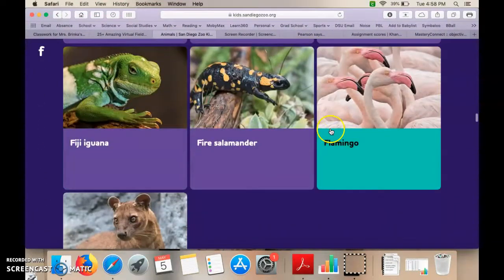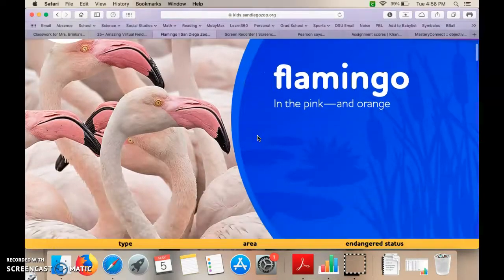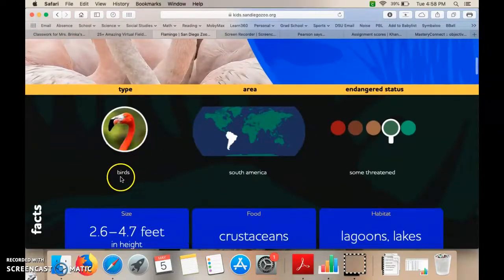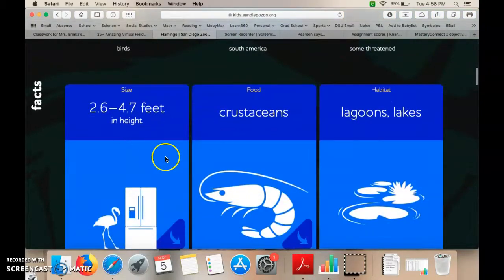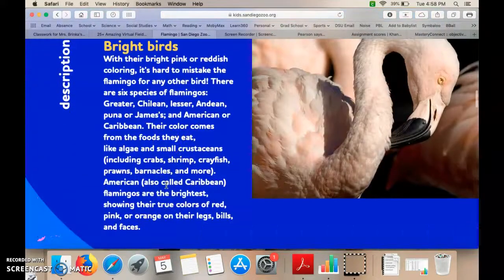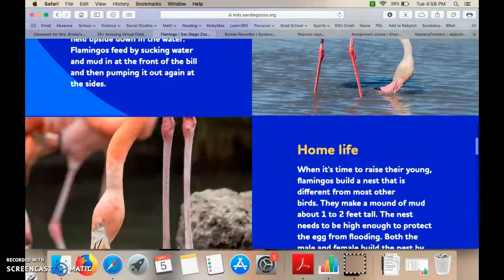Okay, so once you click on one, let's say I want to learn about flamingos, it will bring you to this page. Okay, and then you're going to read all about it. It's going to say what kind of animal it is, where it's found, all that kind of stuff. It's going to tell you its size, what it eats, habitat, and then there's just going to be a reading. You just need to read up about your animal,